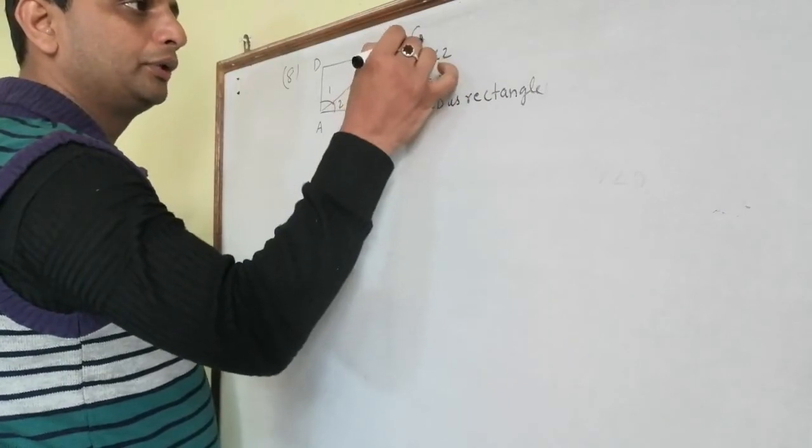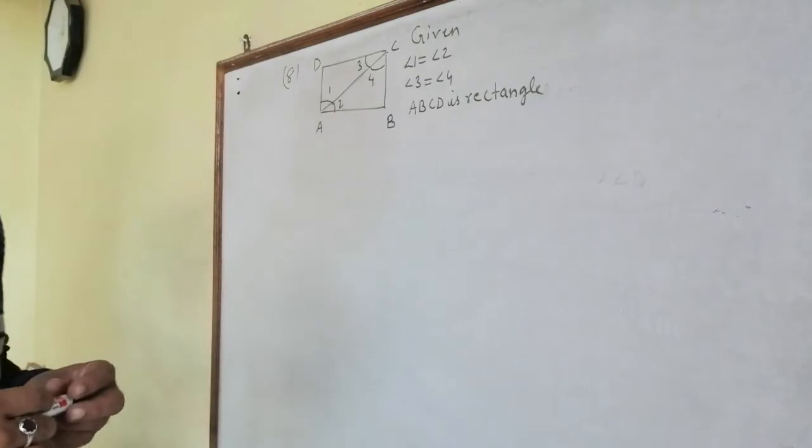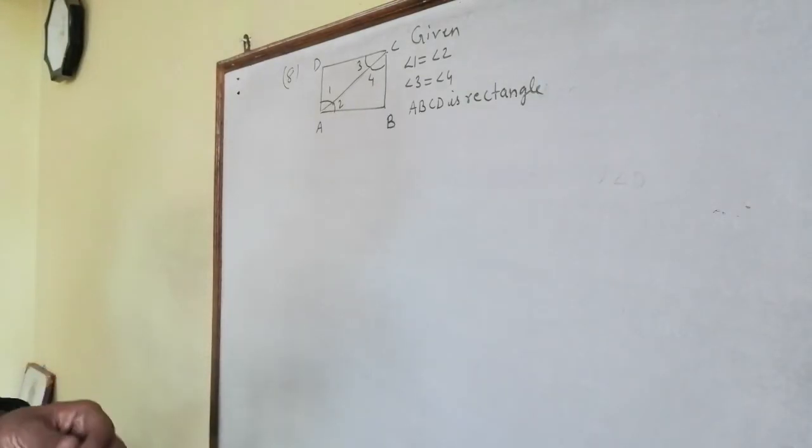This is also given part. What we have to do? We have to make ABCD a square. And what to make the square? What we have to do? We have to make